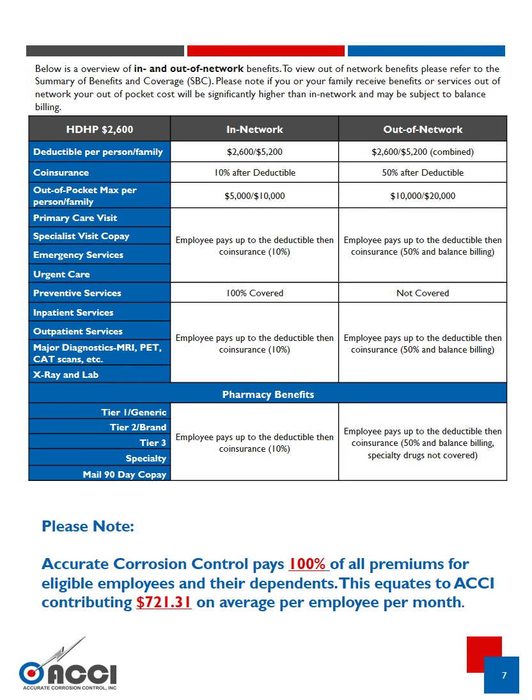Page 7 is a summary of our health insurance benefits with Blue Cross Blue Shield of Arizona. As mentioned before, we will retain our $2,600 deductible plan. On the page in front of you, you should see in-network and out-of-network categories. The in-network categories is where we would really like you to focus. Using in-network or contracted physicians will help minimize any exposure that you have of being balance billed or overcharged for